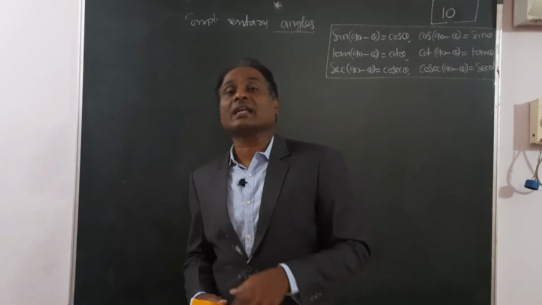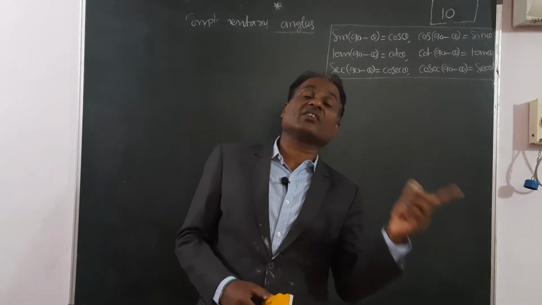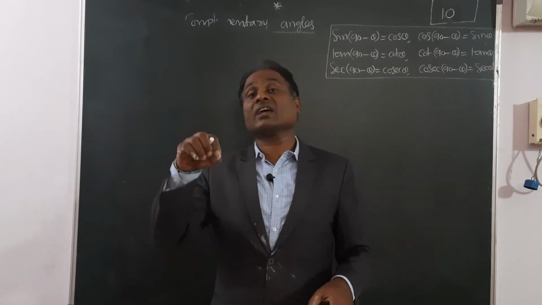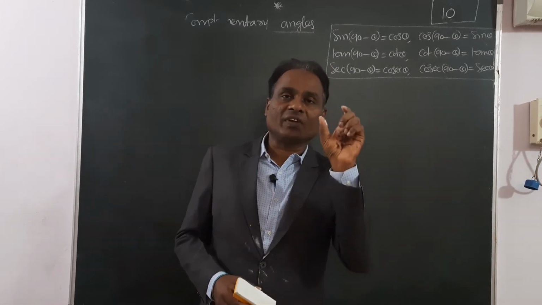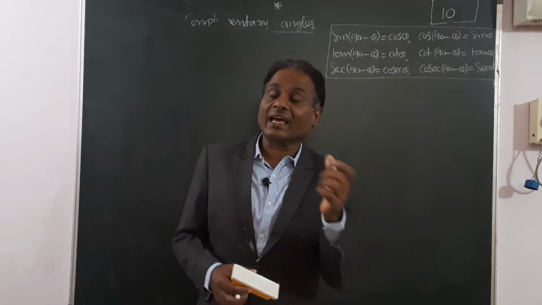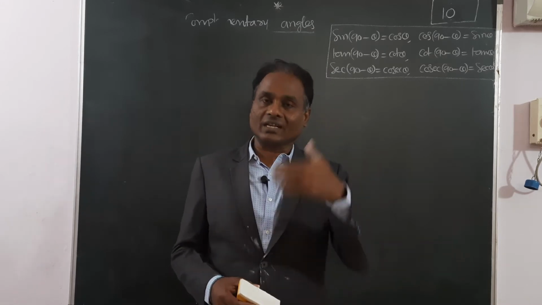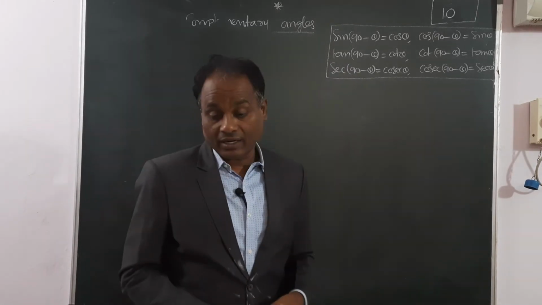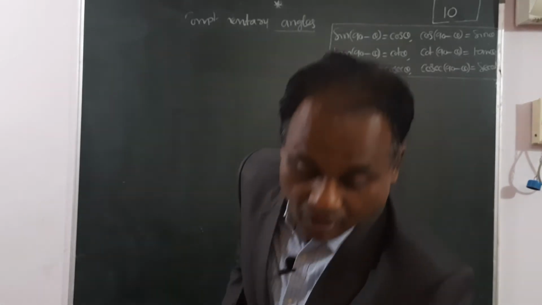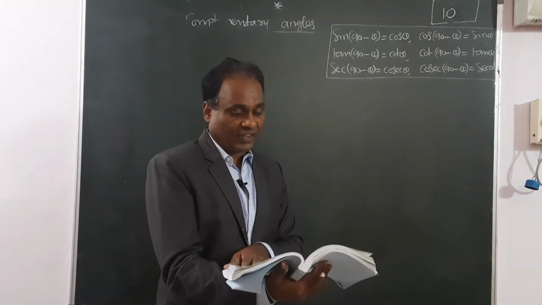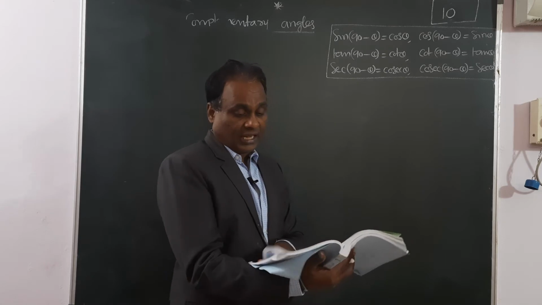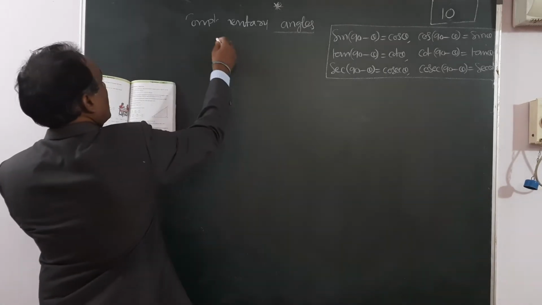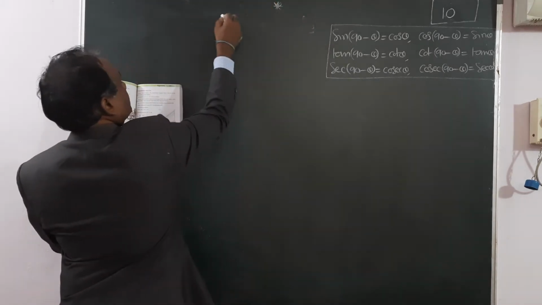If the sum of two angles is 90 degrees, one is called complementary to the other. If theta is one angle, the other angle will be 90 minus theta. If 10 degrees is one angle, the other angle will be 90 minus 10, so that will be 80 degrees, like that. So that is about complementary angles. And now we can complete the third exercise in this chapter, trigonometry 11.3. We have a total of 4 exercises. So now I am starting exercise 11.3.